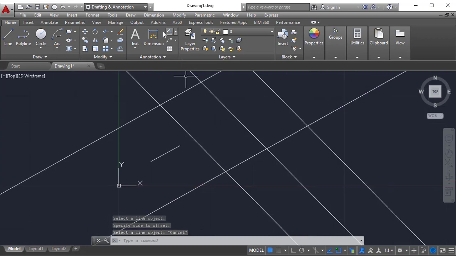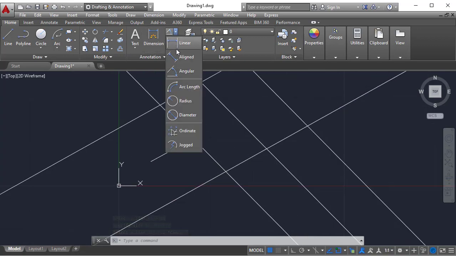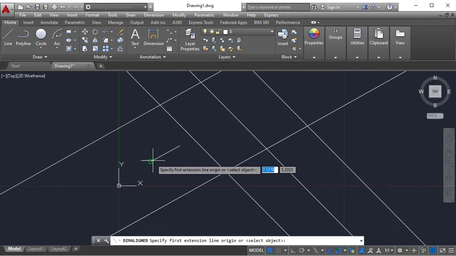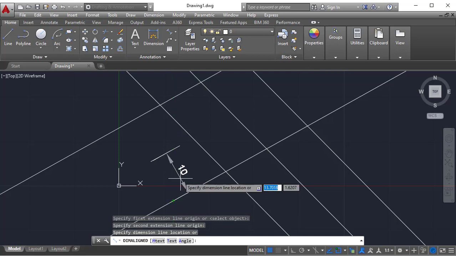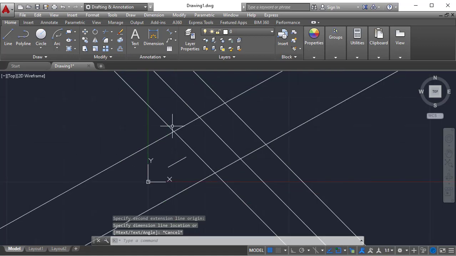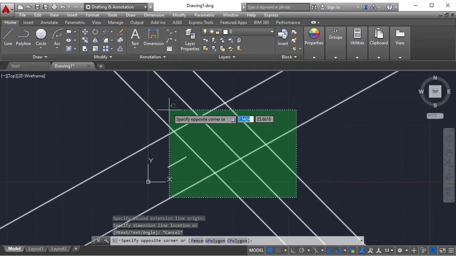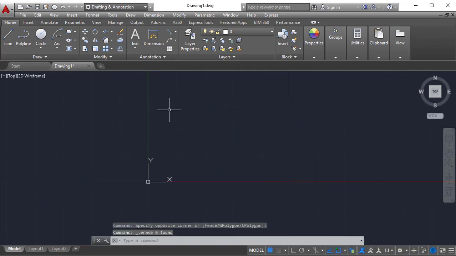If you want to check the length, go with align and select this end point. Perpendicularly you can snap a point like this and verify the line length; the offset distance is 10 units, and you can check the others as well. But I am simply continuing with this. Why? Because we have specified an offset distance of 10.